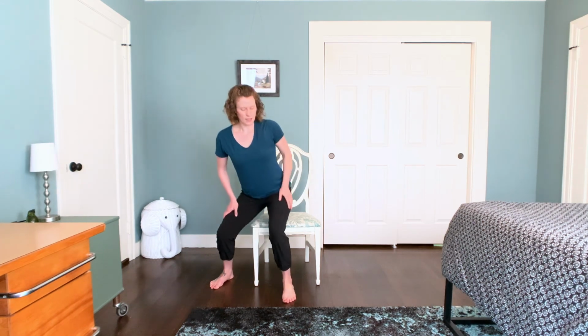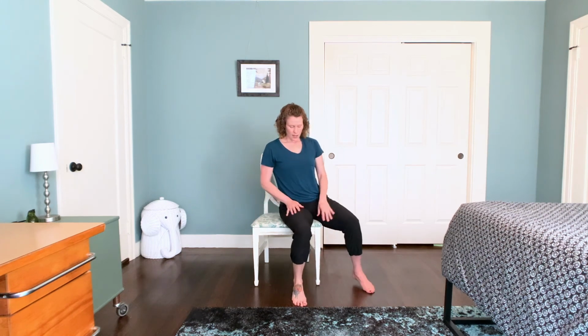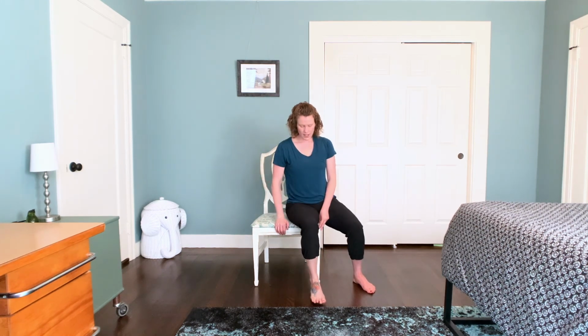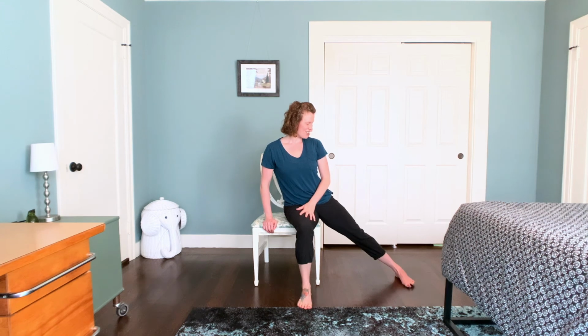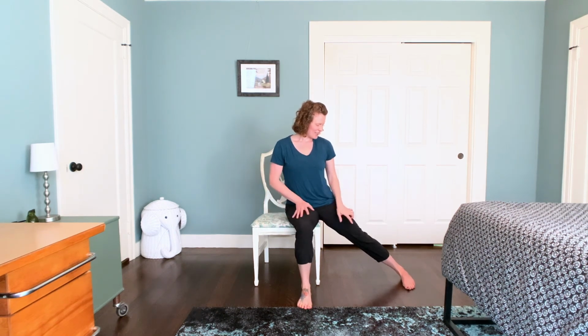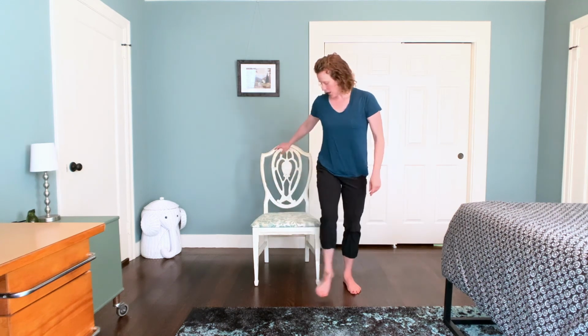If you're seated, all you're going to do is shift the weight over so that now you're hanging off of the right side, planting the right ankle or left ankle underneath the left knee, walking the right foot out to the side. Lengthening the right leg, checking in with your placement. If you're standing, carefully,